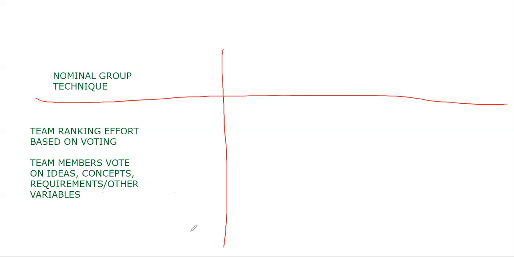What is the difference between nominal group technique and MCDA? MCDA, multi-criteria decision analysis. So, do we vote in MCDA? No, it's not a voting. So, what is it? Multi-criteria decision analysis